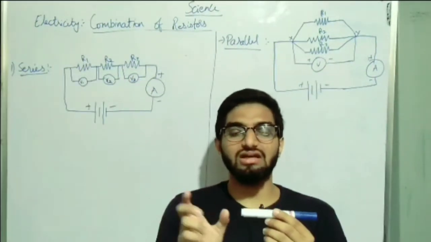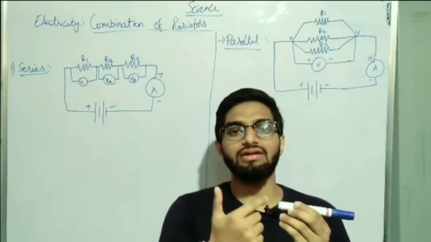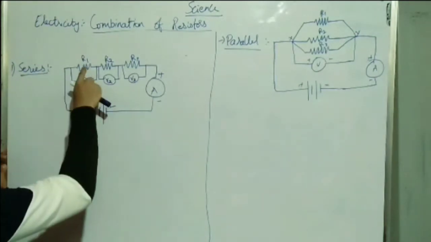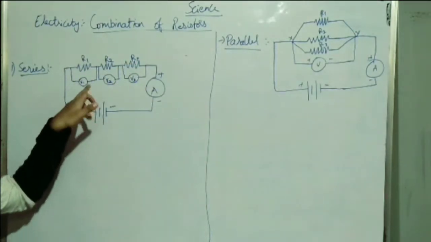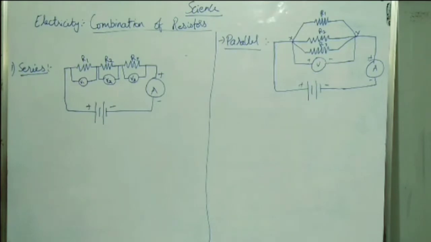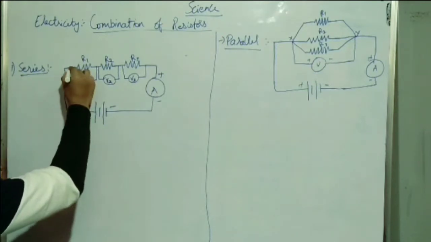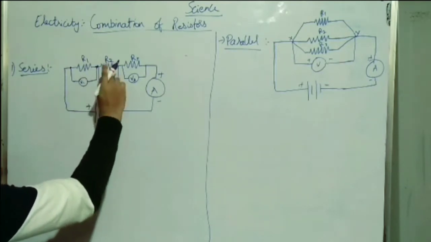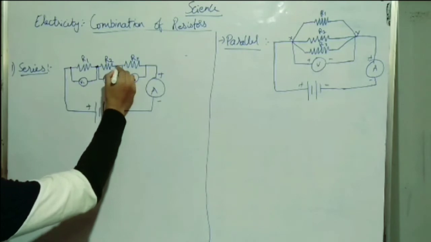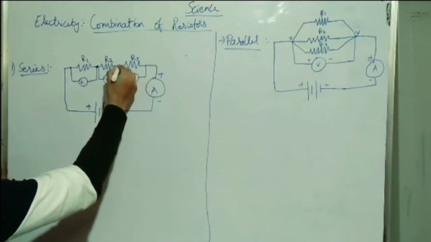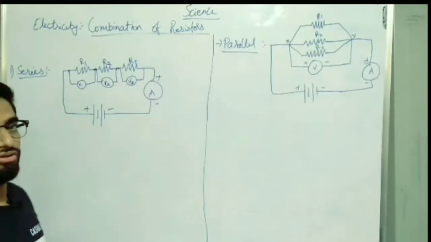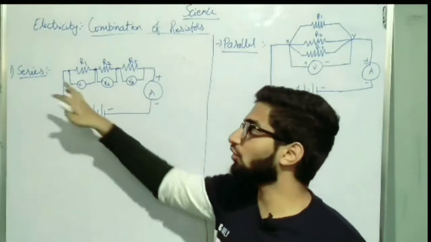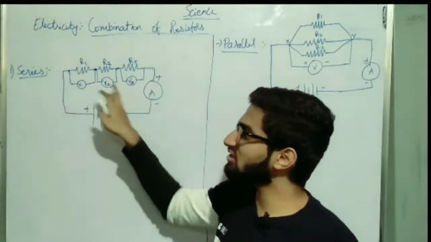In series, two or more resistors are connected together with end-to-end terminals. What do you mean by end-to-end terminal? As you see in this circuit, this is your first, 1, 2 and 3. This is one example where I have given you three resistors. So one resistor, this is one terminal and this is the other terminal. The end terminal is attached to the other terminal of resistor 2, and the second resistor's terminal is attached to the third resistor. This is how the chain can be continued. You can add as many resistors as you want, but this is the pattern you have to follow to connect in series. So this is your series combination.